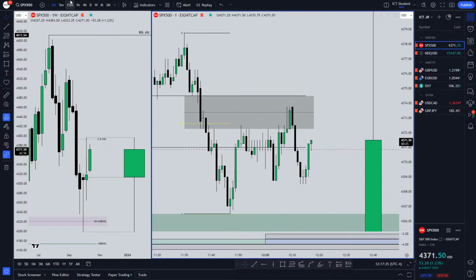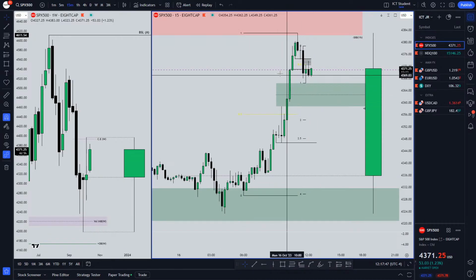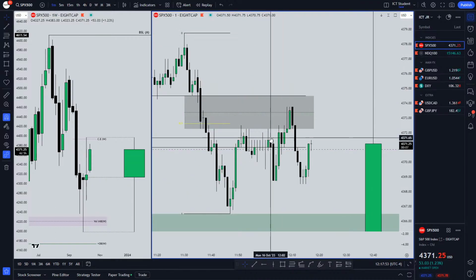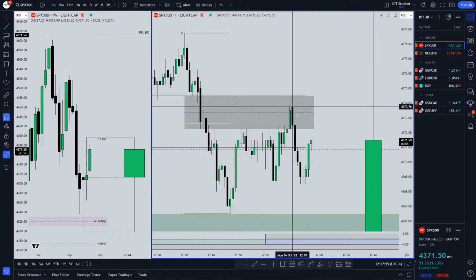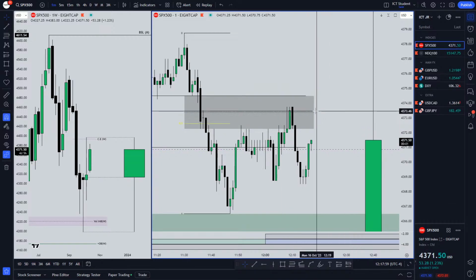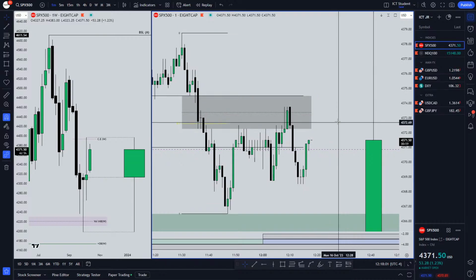So that's kind of why I like using, I don't know, I don't like using 1 minute fair value gaps to give me indication on the direction I want it to be. I like using the 5 and the 15 to see where I want the market to go in a certain direction with a certain fair value gap. And the 1 minute, I like adding more confluence on the 1 minute to the higher time frame, like the 5 and 15 ones. So yeah, that's the only reason.